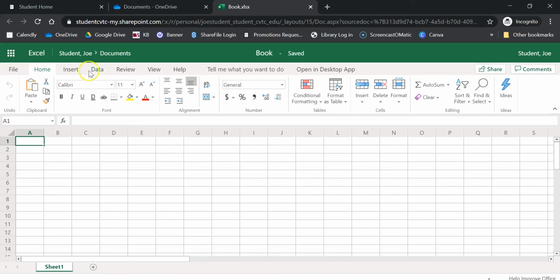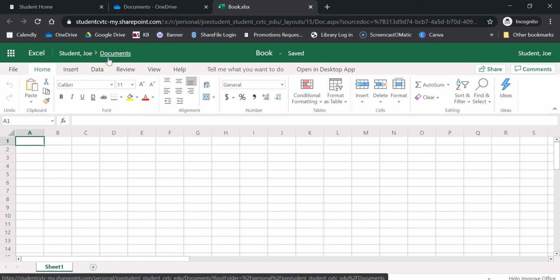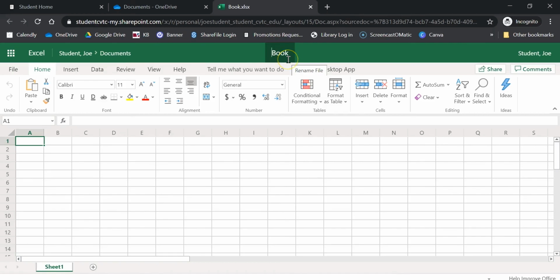Notice in the top left-hand corner, again, it tells me where my file is located. So this one is not in a specific folder, it's just part of all my documents. And then I get the option to rename my document, and click Enter to solidify and save it. Notice here I can add contents. I can do a lot of the same things that I can do in the downloaded version of Excel, but